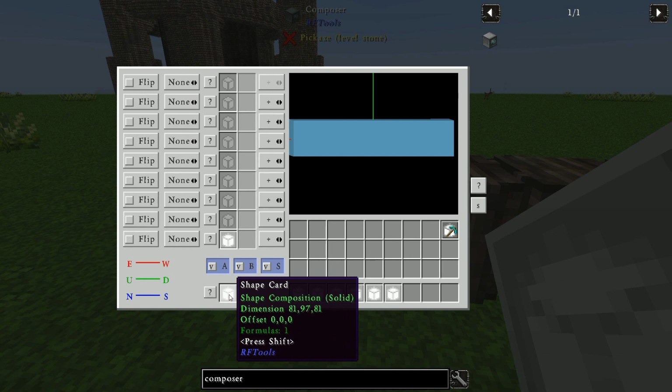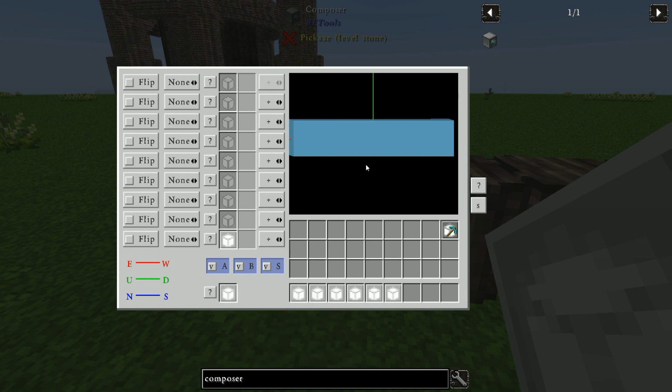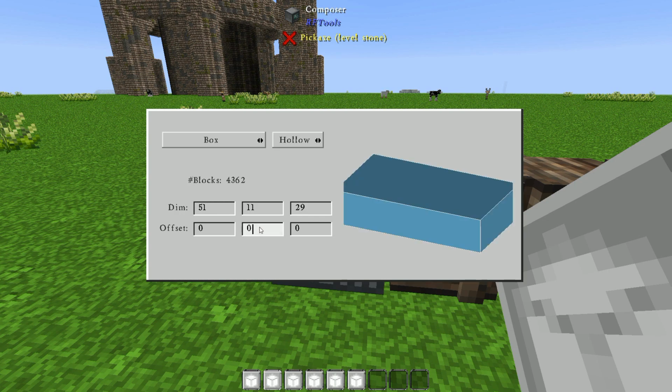Divide that in half is 48.5. But we are 11 blocks tall. So instead of dropping it 48 blocks, we only have to drop it 41 blocks, I believe. So let's try that. Let's drop it negative 41,